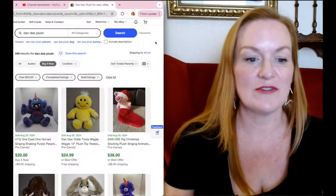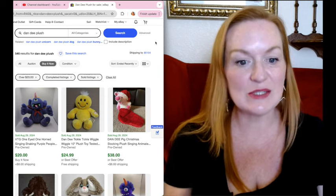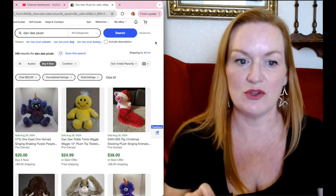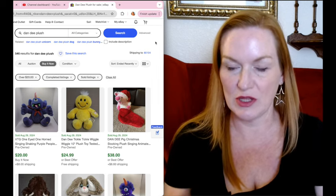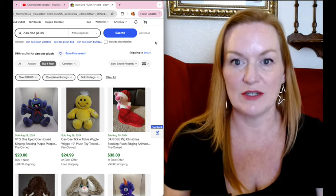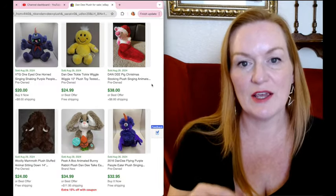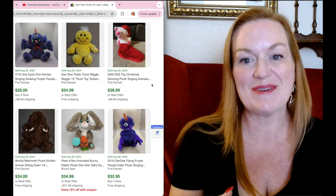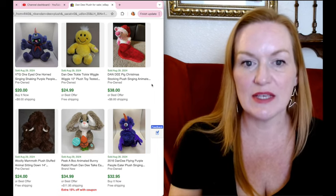Coming in at number 15 is Dandy. And this is one we see a lot of out there. So I do think this is one that you've got to really check that plush out. But there are some that are worth a lot of money. What I'm seeing that's selling over and over again, the pattern, I'm seeing the Flying Purple People Eater. And then I'm also seeing some of the